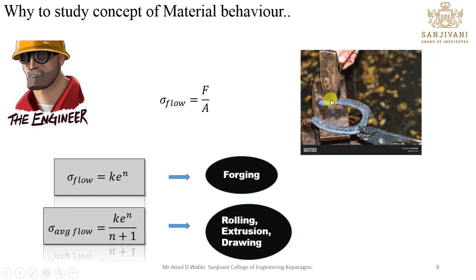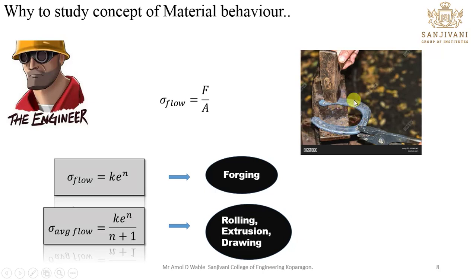Now, as you have seen a blacksmith working on a metal, he wants to give a C shape to this metal so that he can fix it to the foot of a horse. You might have seen this even for an ox. So to give this shape, he hits the material and applies a number of blows on it to get the final shape. As he is not an engineer, he doesn't know what amount of force to give. So he hammers continuously, hundreds of times, and then he gets the final shape.